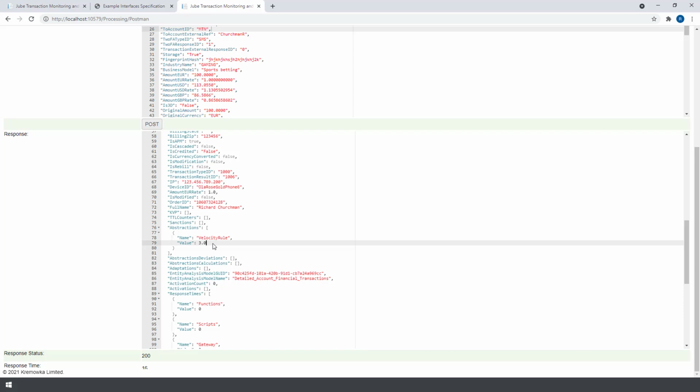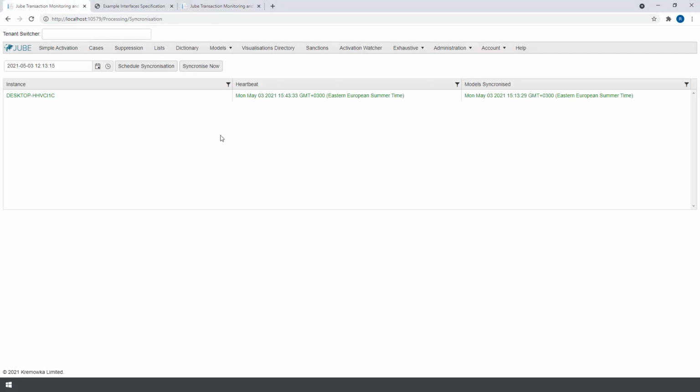It's important to state at this stage that just because we're counting something up doesn't mean to say that any consequence is in place. And as aforementioned, the system has been architected such that abstractions and the recall of time to live counters is kept separate from the process of activating and actually performing some consequence, such as declining the transaction. Returning to our configuration, before we move on to activation,